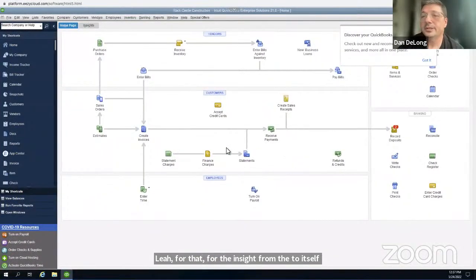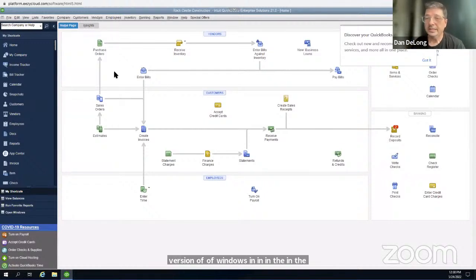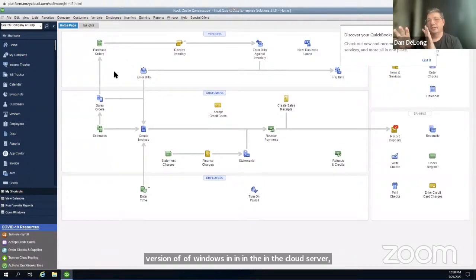So we're going to walk through a little bit of a demonstration of the process, which is super simple now. I'm using a Macintosh, and I'm in a cloud version of Windows in a cloud server, right? Normally you would say, don't do that, because especially if you're using Right Networks or some other cloud hosting provider, the company file location is not local. We talked about best practice, the file should be local. Well, I've worked with this particular cloud host, and they've given me special access to have a local access point to that.